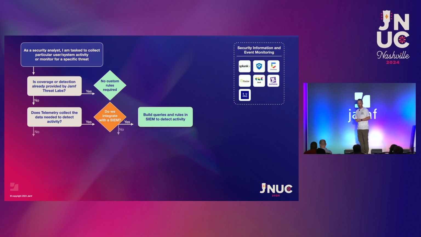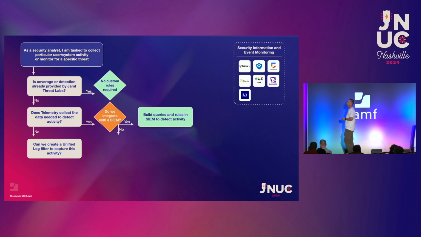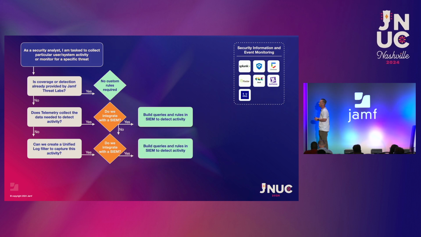Again, if either telemetry doesn't provide the data we need, or we might not have a SIEM in place, we can look at creating a unified logging filter. So if unified logging gives us the data we need, the second question comes in: do we need a third-party storage solution like S3 or a SIEM in place in order to start receiving those events? If that's the case, we can build out the queries and the rules in the SIEM to start detecting